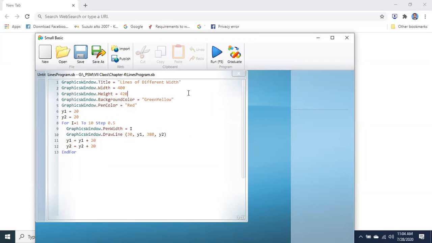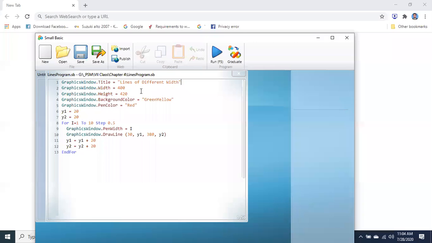Now this is an important program that you need to understand. As I have told you, this program is given in your books, page number 59. I will also give you this code in your Google Classroom so that you can implement it. But the most important and essential thing is that you have a clear concept about this program. Some things we have already understood. Number one, GraphicsWindow.Title, lines of different widths. Of course, we are drawing lines of different widths.